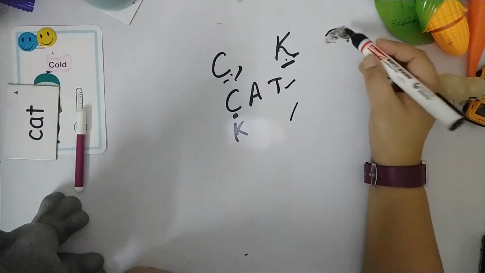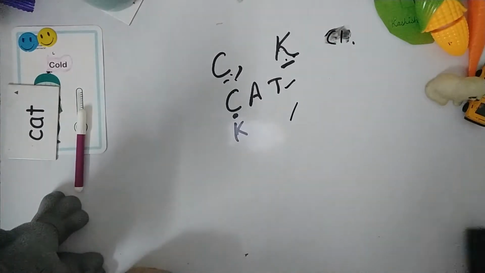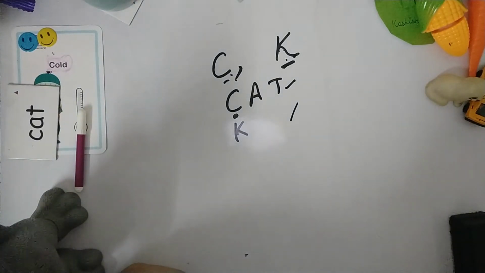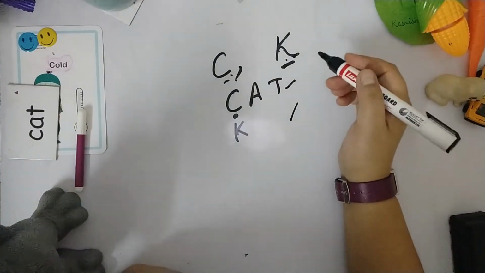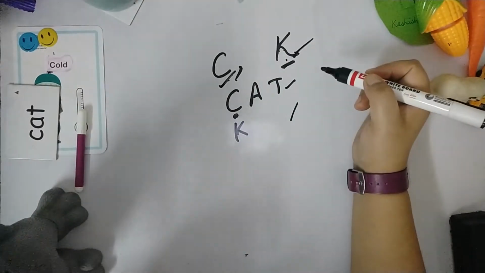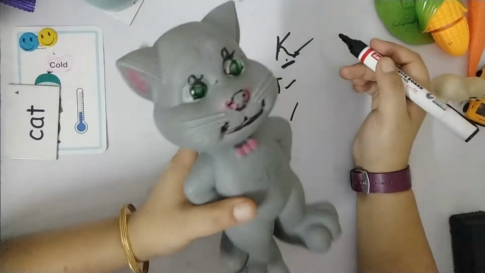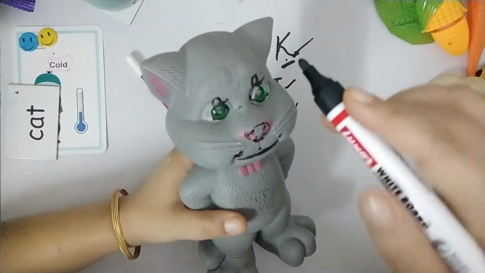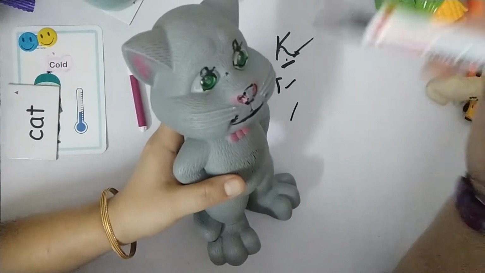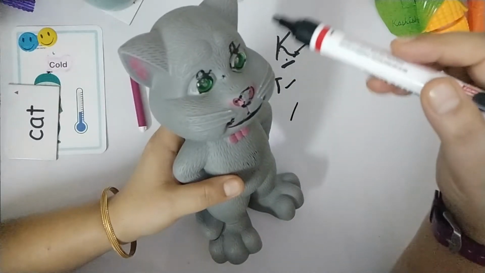So in this video we are only talking about C and K. CK I'll tell you in my next video, because if we do everything in this video, it will be very big. So that is the reason we are discussing where to use C and K in this. So let us take an example. Suppose we have one cat here. You need to tell the toddler with the help of this toy. You can take any toy. I'll tell you further which toys you can use.